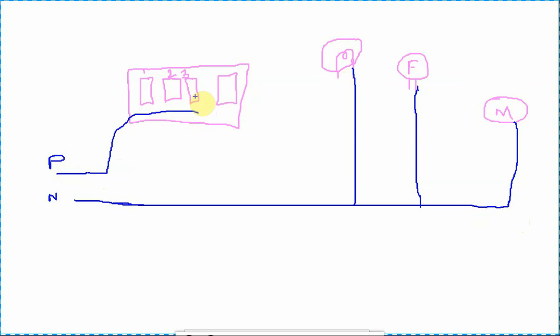A switch has two points. Here you will connect it, here, and here. Then the phase line is connected to your switch.